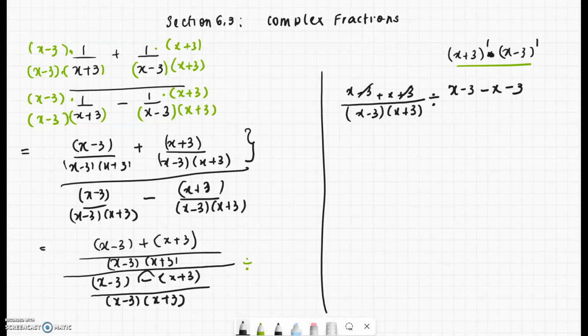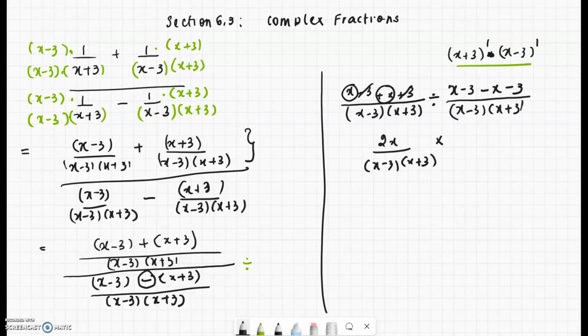Remember, the negative sign gets distributed. The whole divided by x minus 3 times x plus 3. So we simplify. X plus x is 2x divided by x minus 3 times x plus 3